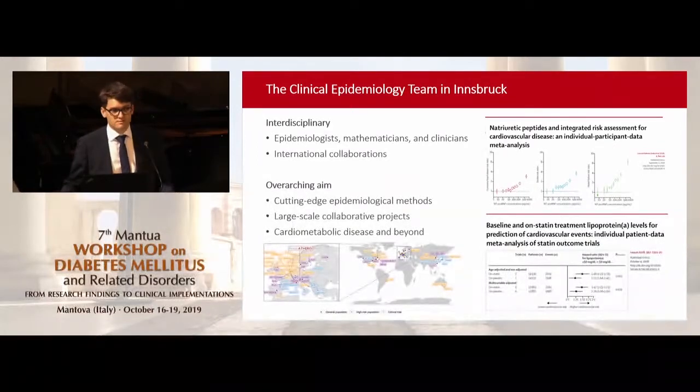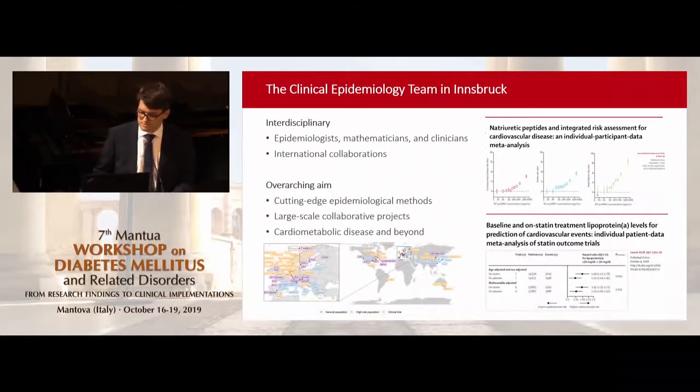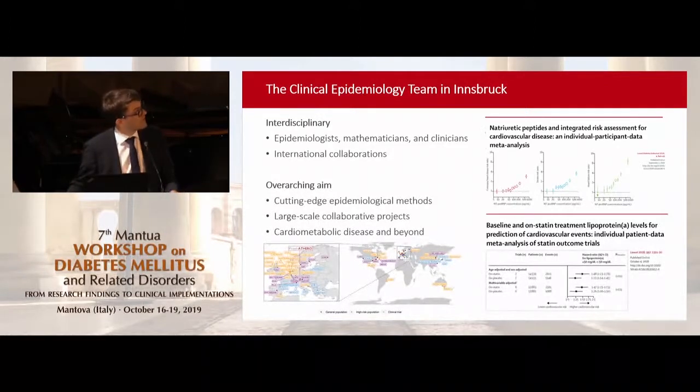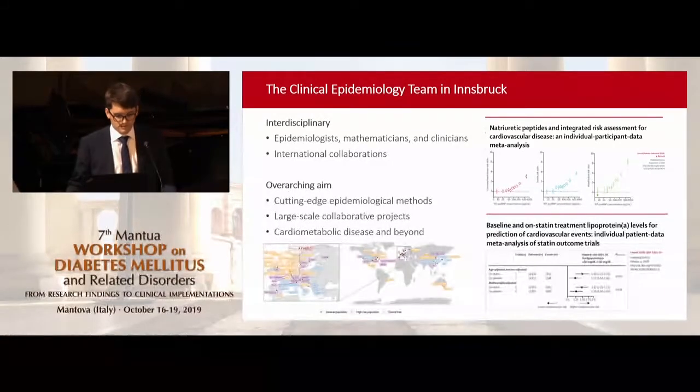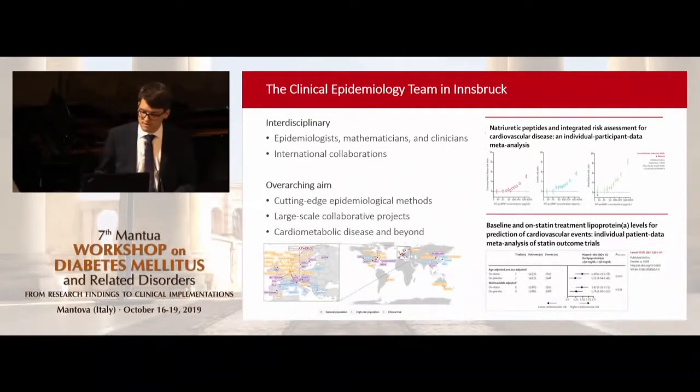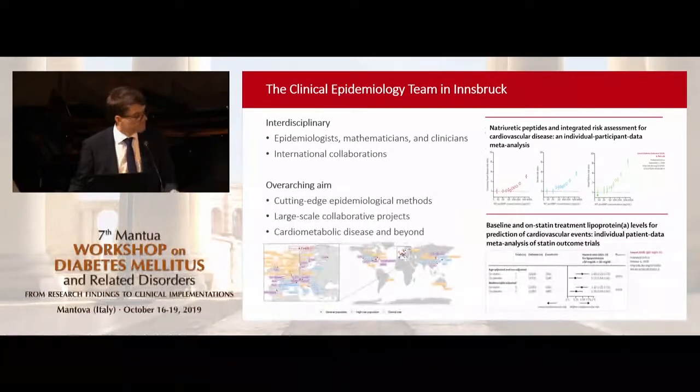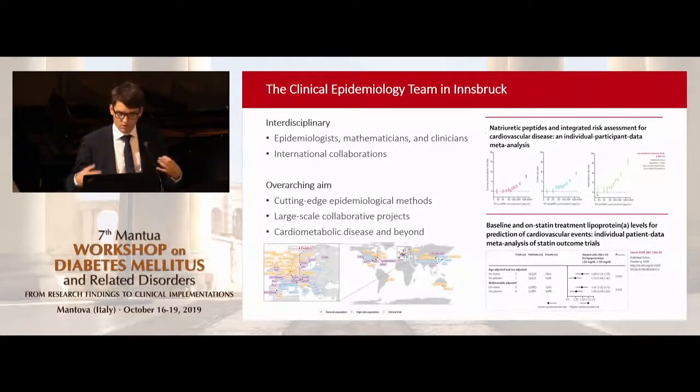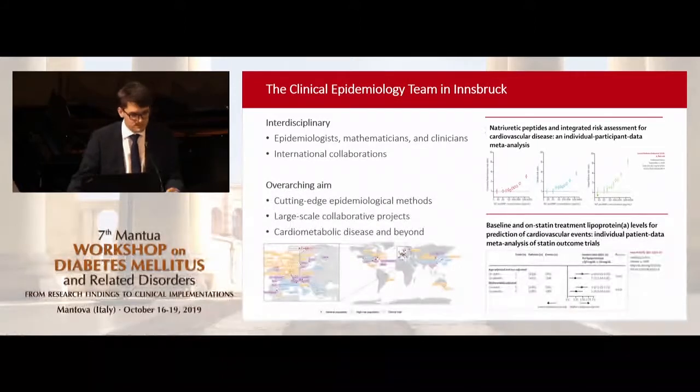Of course, there's a primary focus in my research on cardiovascular disease, but also on metabolic diseases, and we try to go beyond that as well. Here are just some examples. The top right is my work from my PhD, looking at prediction models for cardiovascular disease and the added value of natriuretic peptides in predicting risk for coronary heart disease, stroke, and heart failure. But we're also doing a lot of research into evaluating the etiological role of different risk markers,